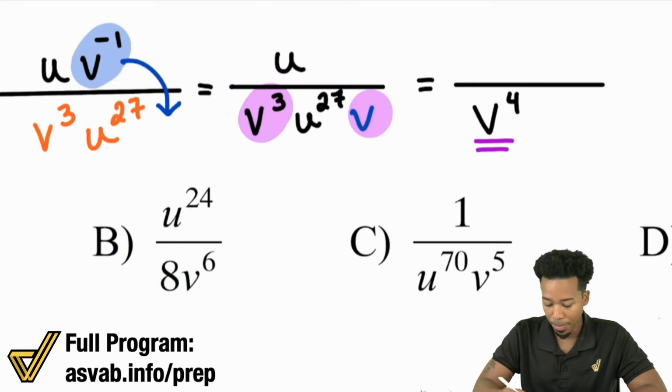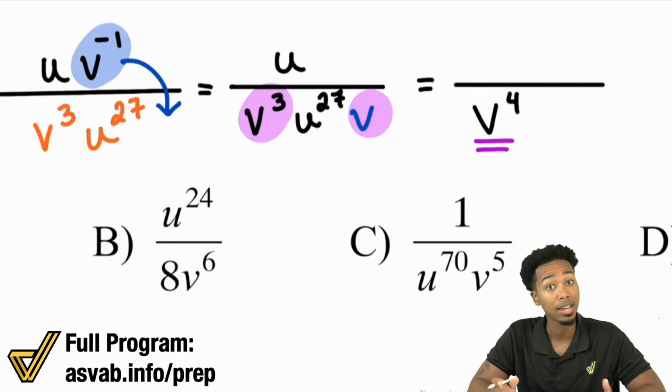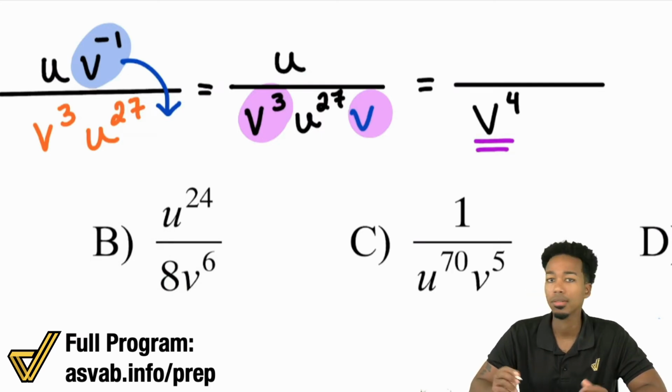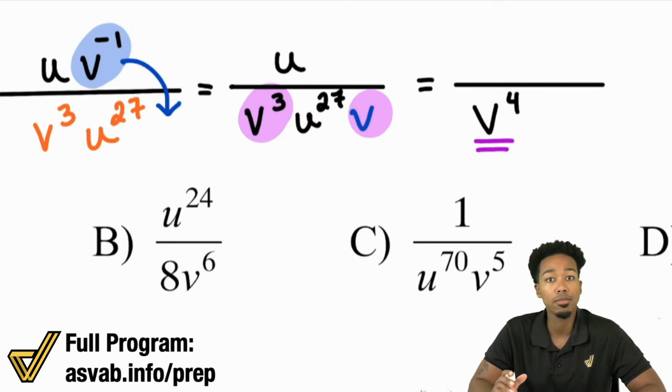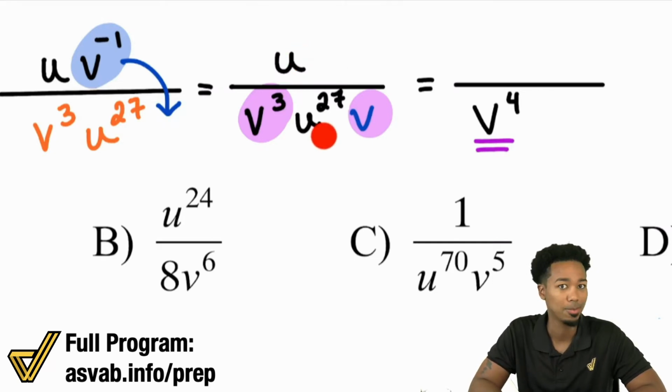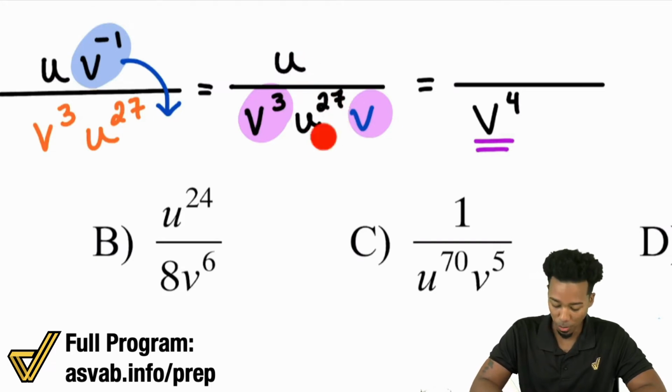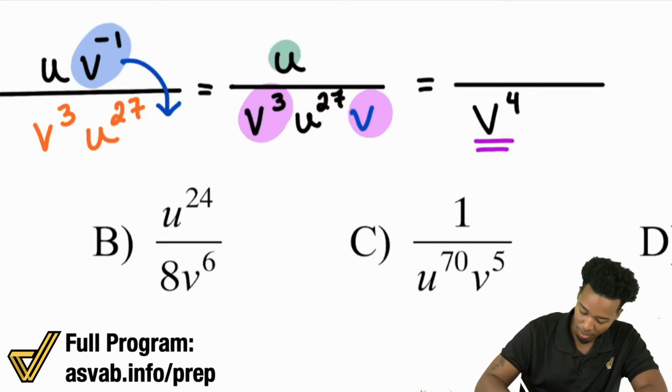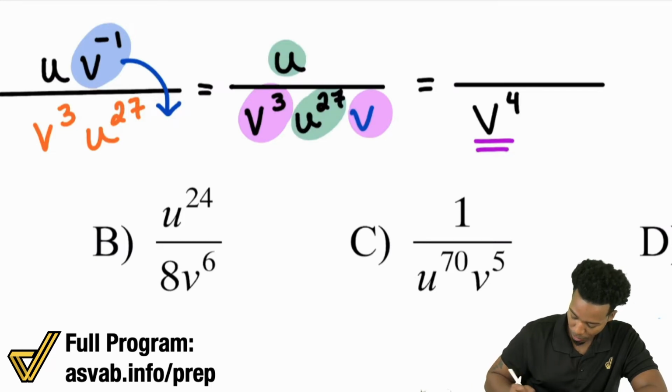And then from there, when we check out the numerator and denominator here, what do you notice? Well, we're going to be applying that quotient law. The quotient law states, hey, just take the difference and then leave whatever's left where the bigger exponent was. And so we have one of those u's up here, 27 of them down here. What's going to happen is one is going to cancel on top and the bottom, leaving you with 26 in the denominator. So those combined will give you u to the power of 26 in the denominator,